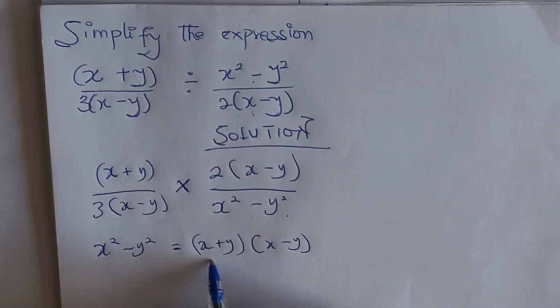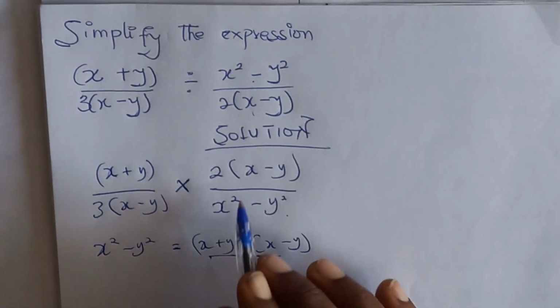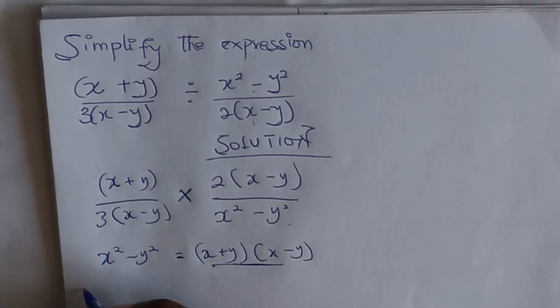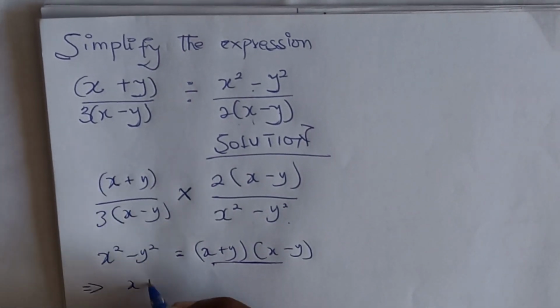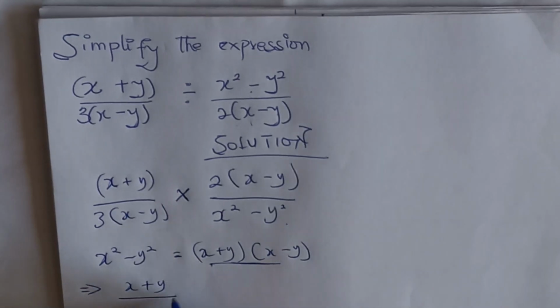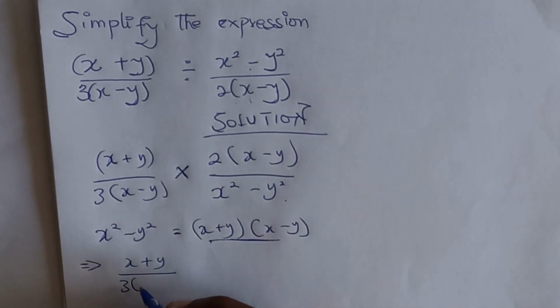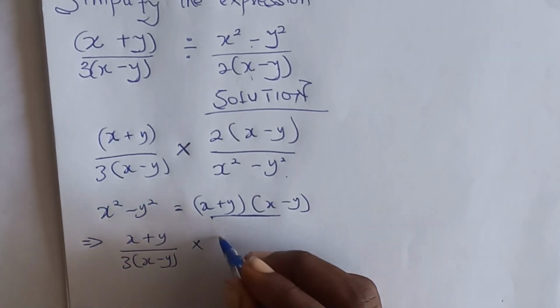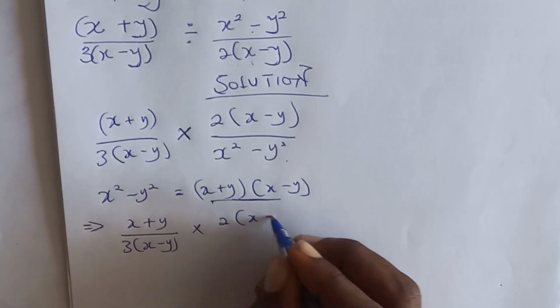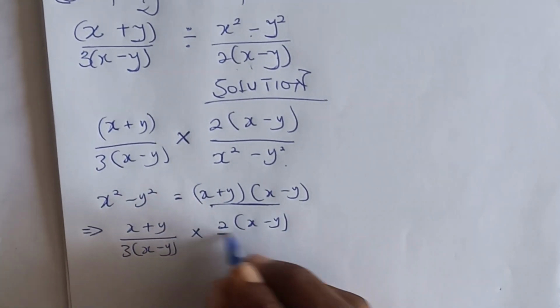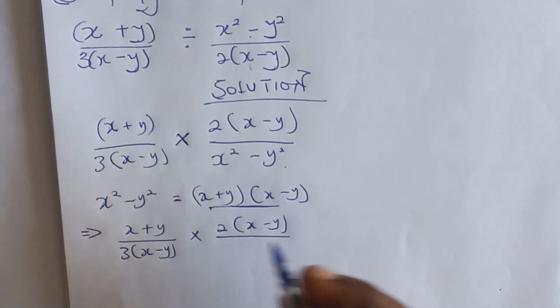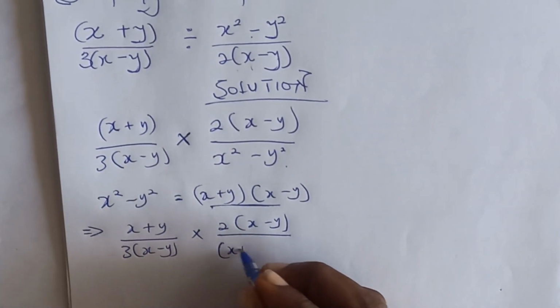So we can replace this with the x squared minus y squared. So it's going to be (x plus y) on 3 into bracket (x minus y) multiplied by 2 into bracket (x minus y) on, so our x squared minus y squared becomes (x plus y)